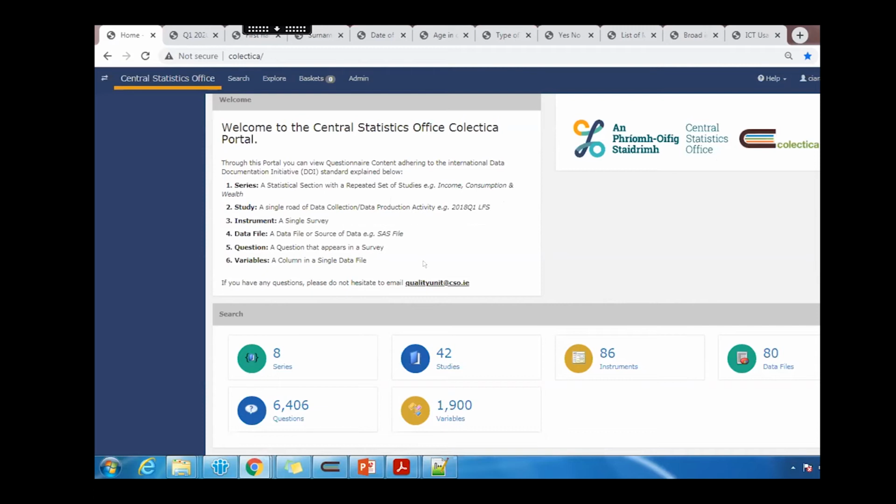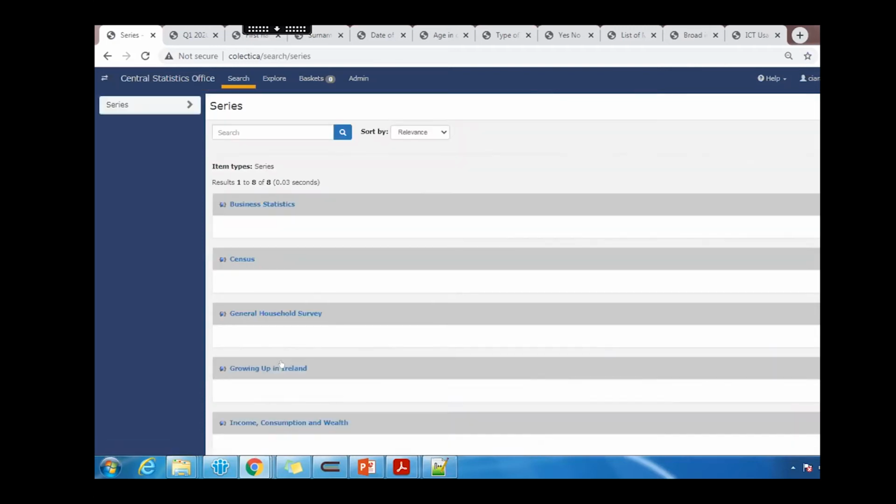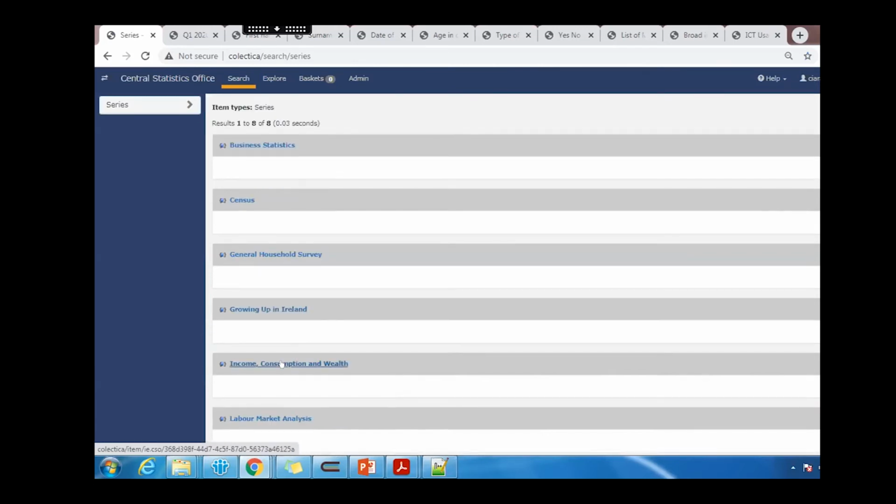But essentially, for ourselves, the series is a statistical section with a repeated set of studies. For ourselves, it mirrors that at a division level as well, which has a lot of studies underneath it that are repeating studies. So I'll just step through some of the series, and with this whole approach,